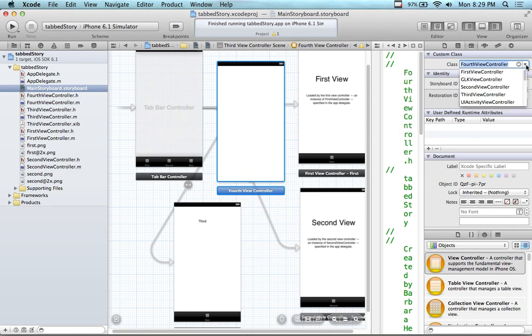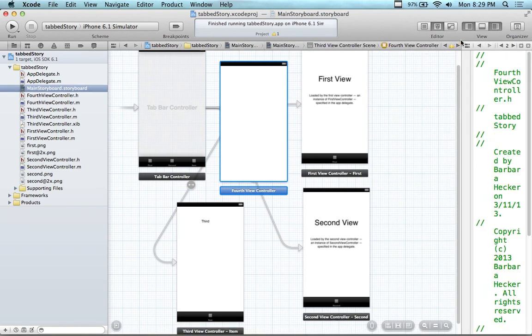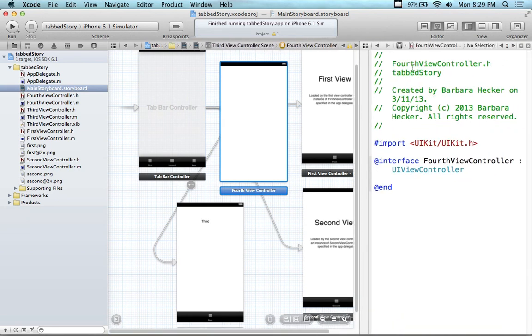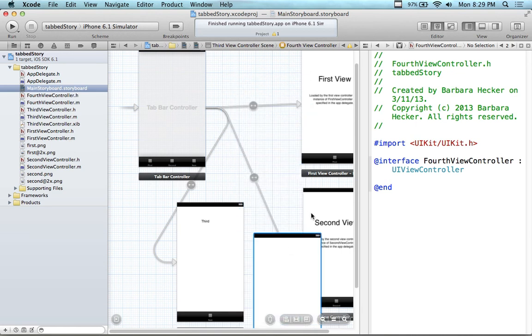There we go, we got him in there. He didn't want to come up initially, but he's in there now. So you can see over here, it says fourth view controller. So I click on here, I have first, second, third, fourth. And if you're curious what you're doing in here is that he's now on an island of its own, not